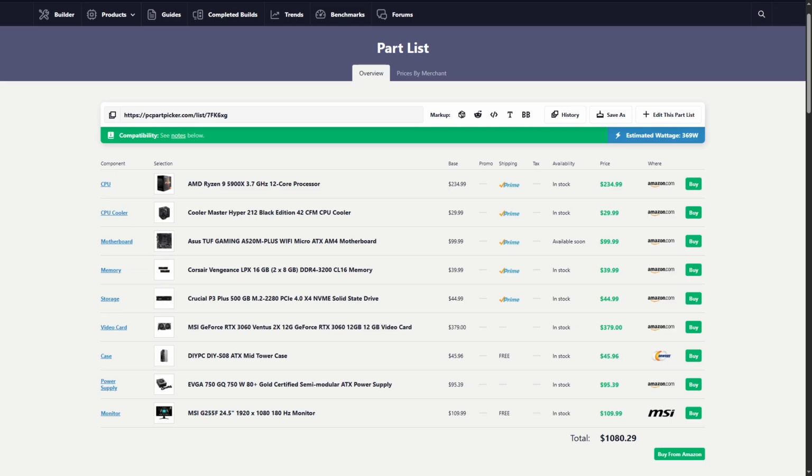And then our storage, video card, case, power supply, and monitor all stay the same for around $20 under our budget. Now, if we upgrade this to an AM5 build,